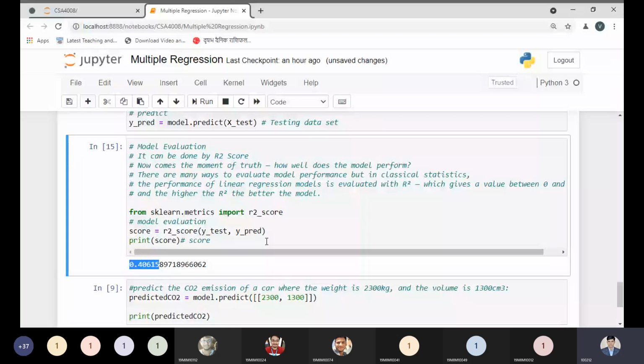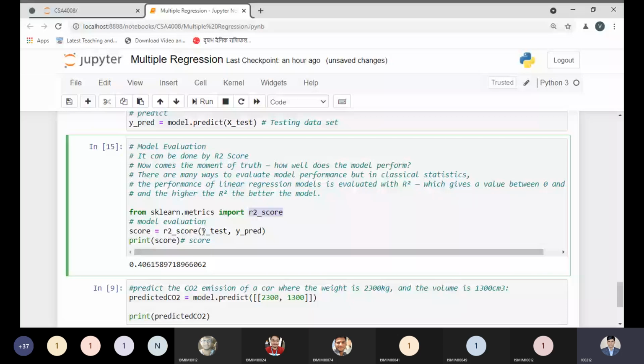And it lies between 0 and 1. So how can we say? From the sklearn library we will call the metrics class, and from this class we have the r2_score method. We will use this method to check the information if we have the y prediction value and we have the y test value.